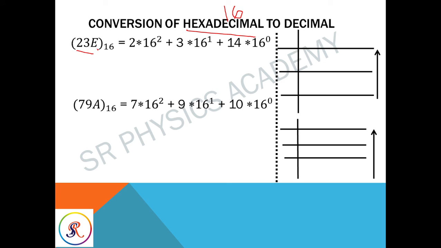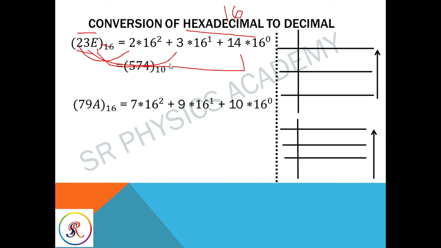We have to write E. So already in the last class, last video, we discussed the truth table. What is the E value? 14. So 14 into which number do we have to multiply? Base is 16. Then we know the power goes from left to right. So what will come? 0 plus 3 into 16 power 1 plus this 2 into 16 power 2. Okay, so clear now? Next, after multiplying, we will get 574 base 10.